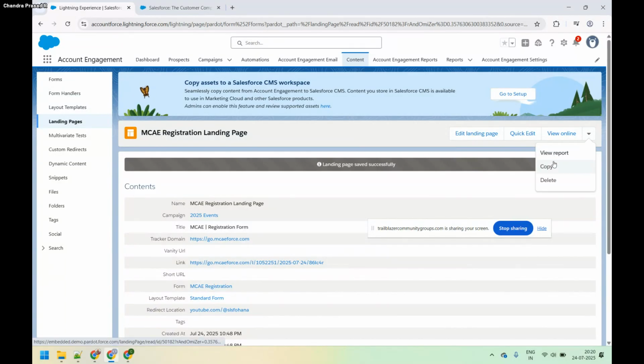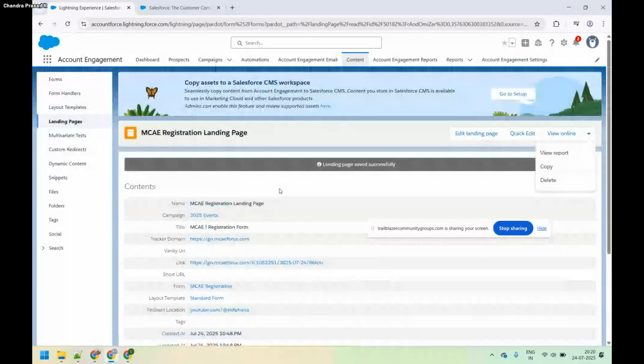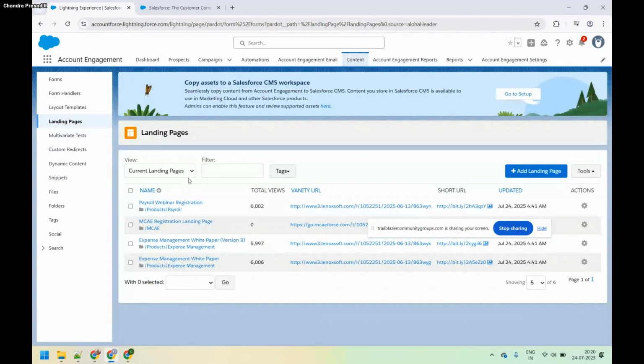You can view the report, you can copy it, you can view it online, you can also go with edit, or you can edit this. So this is the link. So you need to wait here. So I'll go back to the landing page again, and let me open up